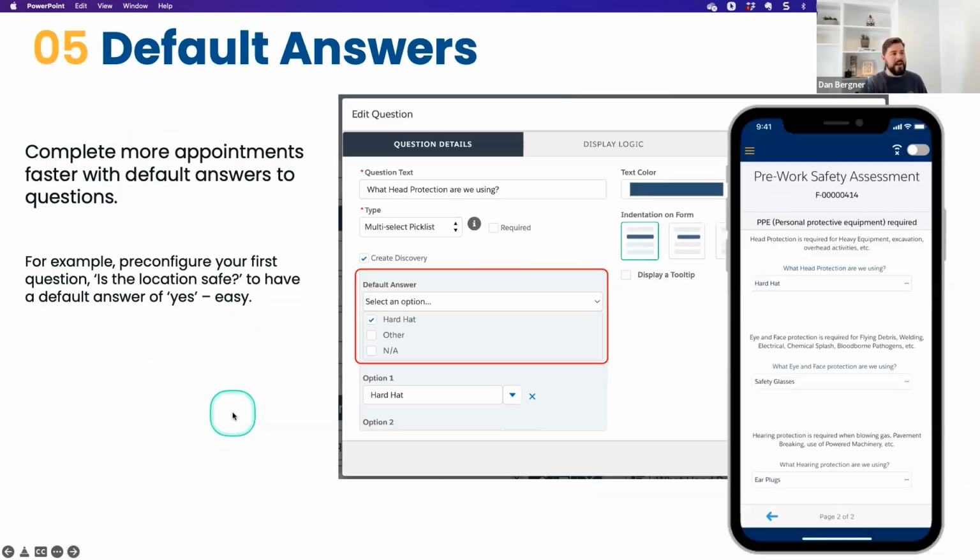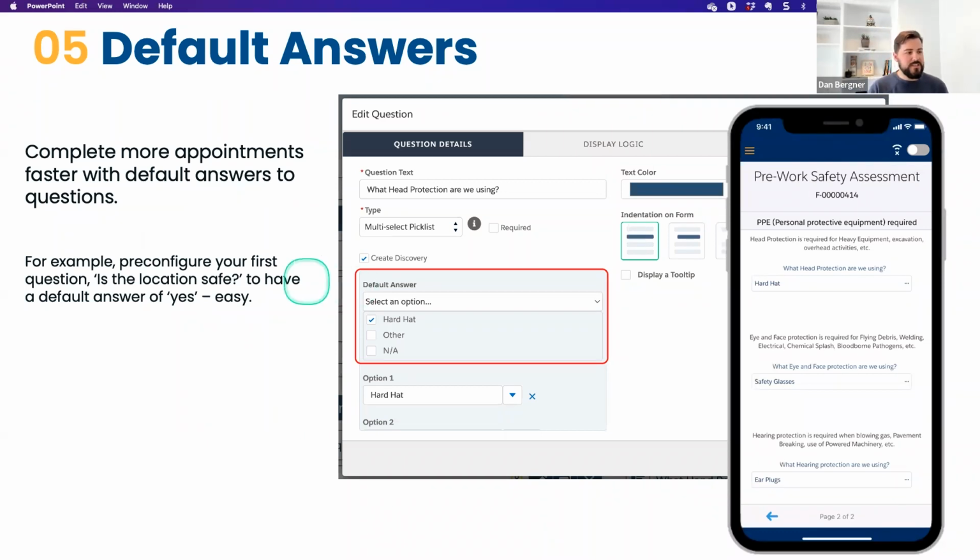And while we're at it, making things faster and easier for end users, how about we cover the ability to have default answers to questions? So if 90% of the time the answer to a common question is yes, and we want to default the answer to yes, but give the end users the ability to override and change the answer, it's a perfect use